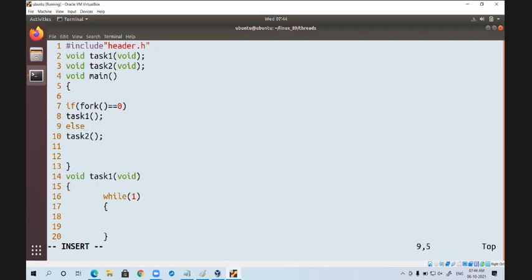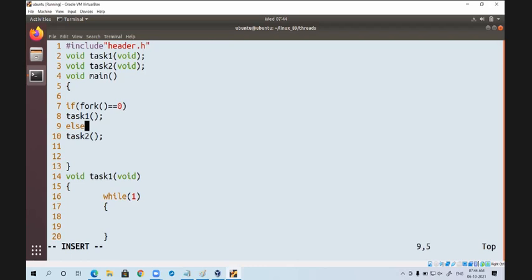In this program, who will do the task one job and who will do the task two job? Who will execute the task one while one, and who the task two while one?